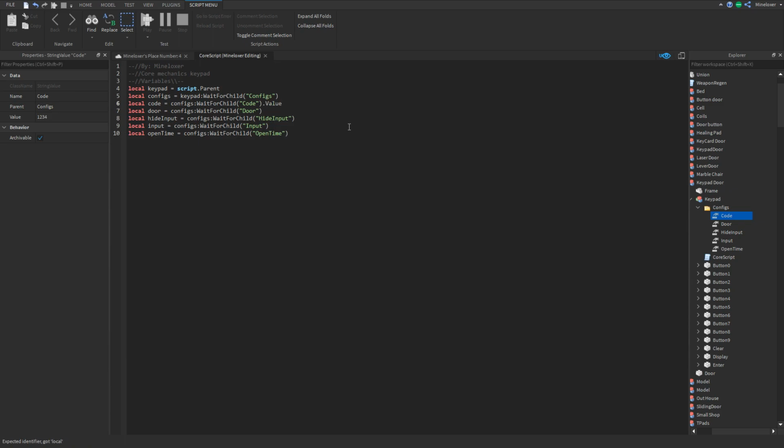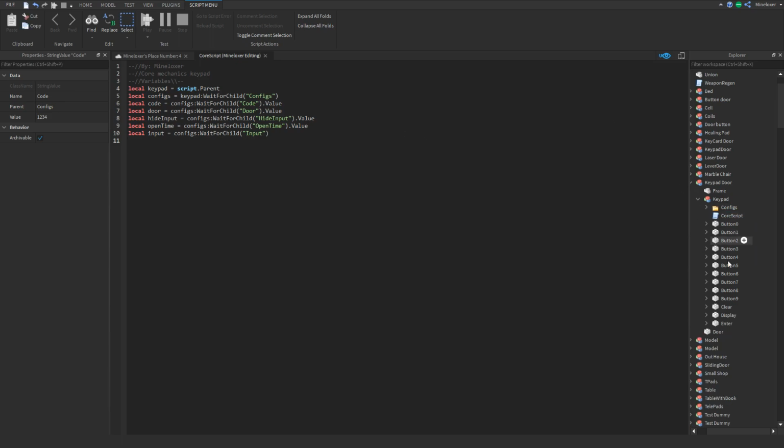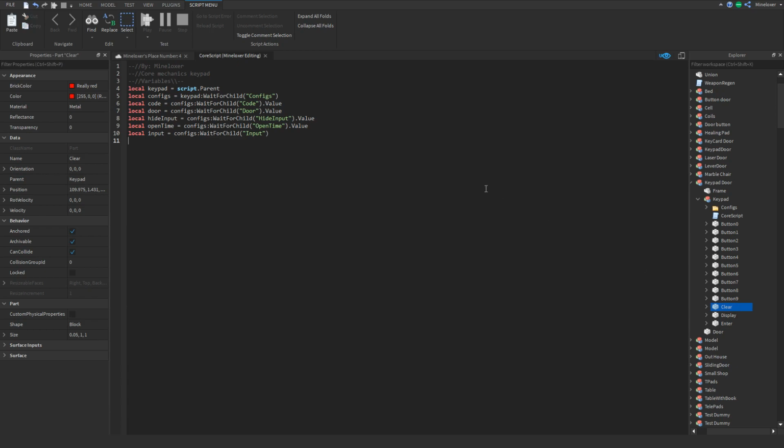You can go ahead and do dot value here in code, door, hide input, as well as open time. So we just get the values and store them. Now let's reference the special buttons, which would be the enter button and the clear button. So it's basically the same thing, except we do enter button, and this would be the keypad, wait for child, and then the name of the button here, which is enter. And then for the clear one, it's the same thing, just clear button,